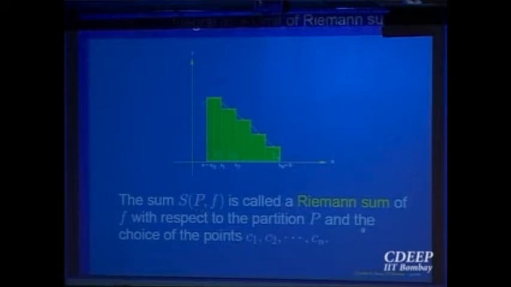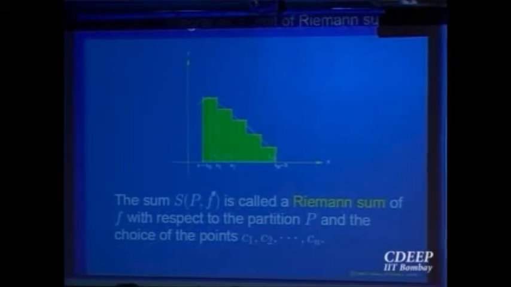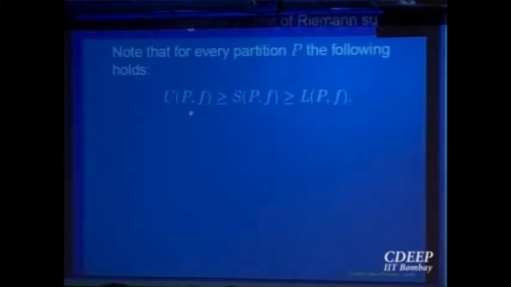So it depends not only on the partition, but also your choice of points in that sub-interval, right? I may choose one point, you may choose some other point in the same sub-interval. So the sum depends upon the partition as well as the points. But whichever points you choose, this S(P, f) is between the upper and the lower one. That is clear, right? So if the function is going to be integrable, that means the upper and the lower are going to come closer and closer to the same value, then you expect that S(P, f) also should go to the same value, namely that should be the integral.